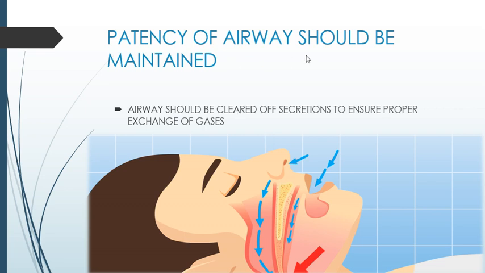Next, patency of airway should be maintained. So, in order to have good outcomes of the surgery and good outcomes of anesthesia, airway patency should be maintained. Otherwise, respiratory failure can occur. Anesthetic gases do not go properly into the lungs of the patient. So overall, it can increase the duration of the surgery. It will cause greater requirement of the anesthetic agent, which is not good for the patient's body as well as for the staff members. So these are some important golden rules of anesthesia you should keep in mind.